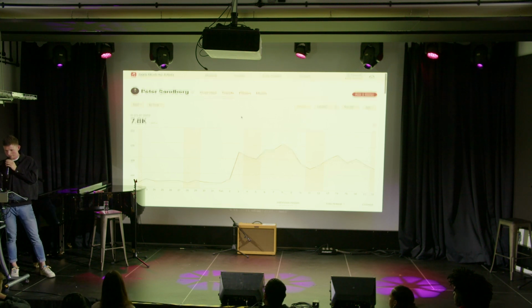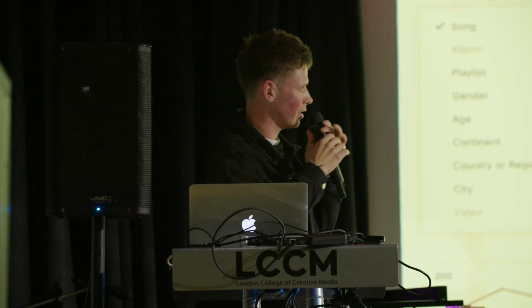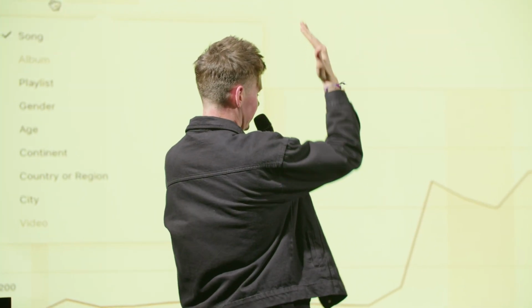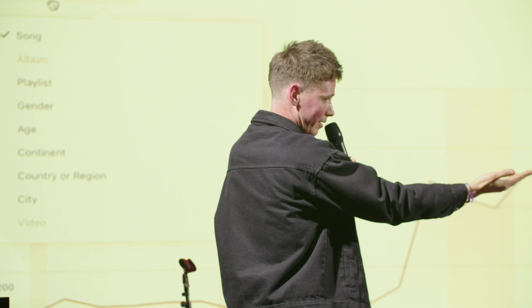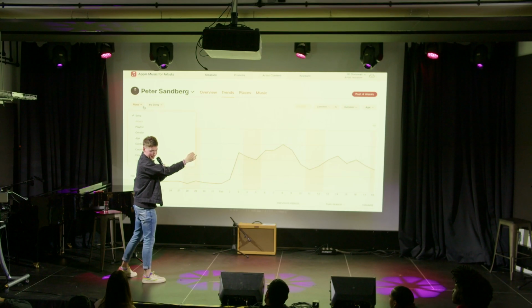Okay, so we've done trends. I mean, I can even filter by song here. It's almost like if you think you have a graph, yeah? You have this axis and this axis. You can filter here and you can filter here. What does that mean when you filter both? You get really pinpointy in the middle, yeah?